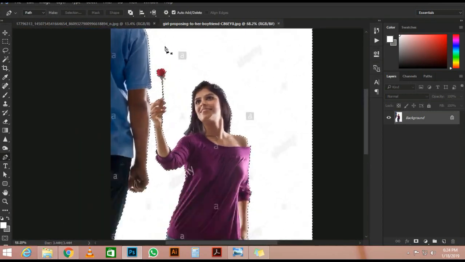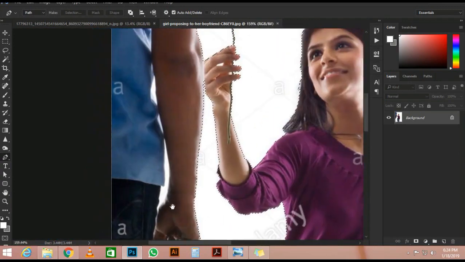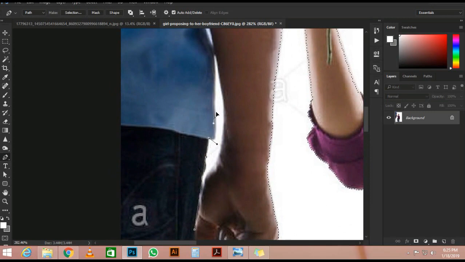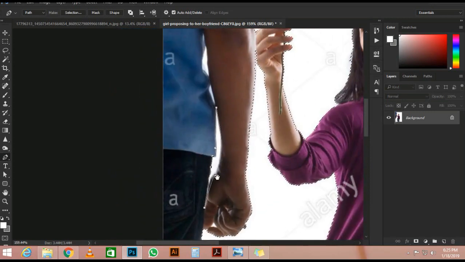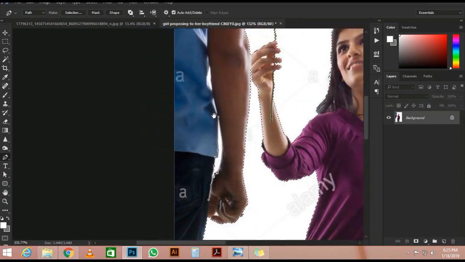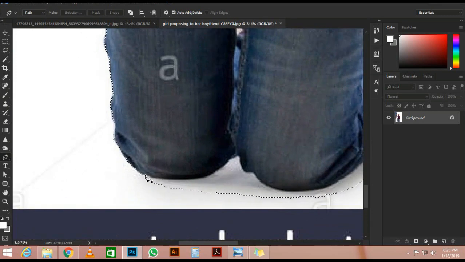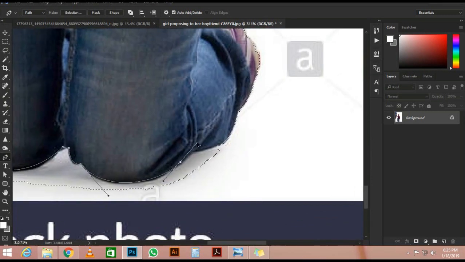I'm going to disable the one on the top by clicking on this eye icon, and the one on the bottom here, I'm going to clip to the shape below it. So with that layer selected, I'm going to press Ctrl Alt G, Command Option G on the Mac. Then I'm going to enable the layer right above that, and I'm just going to make a selection around the